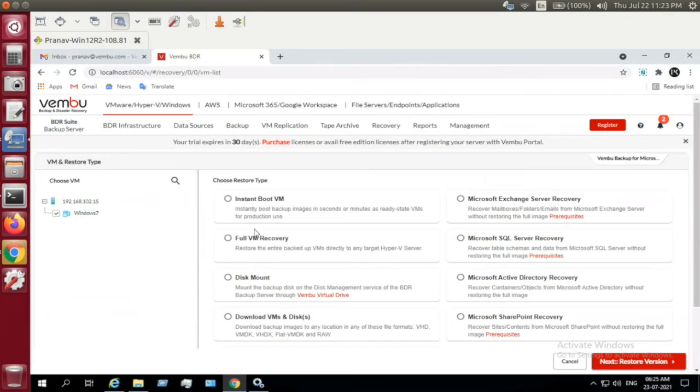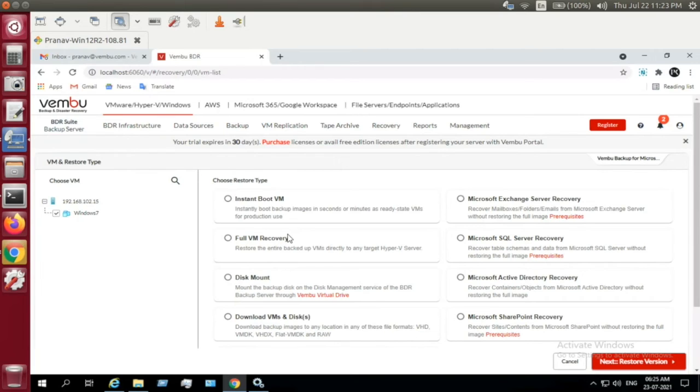And we also have this full VM recovery. This option helps to restore your entire virtual machine backup to a targeted Hyper-V server. That is what your full VM recovery is all about, so that you can restore your data from host A to host B. And disk mount.